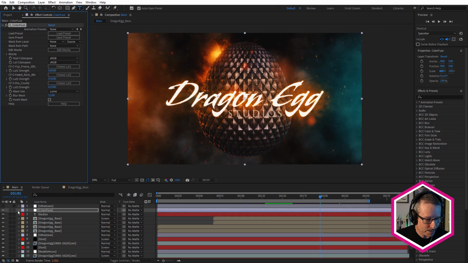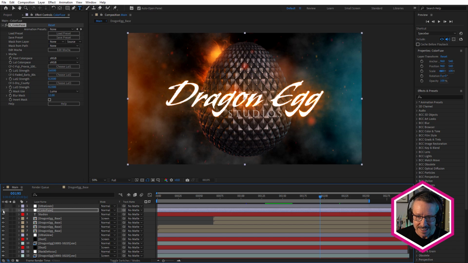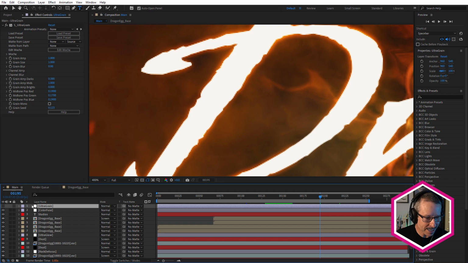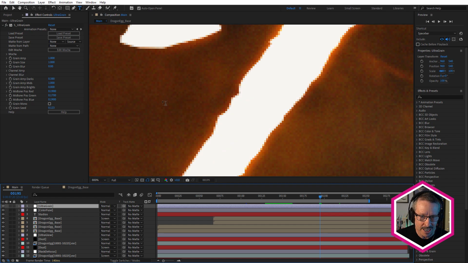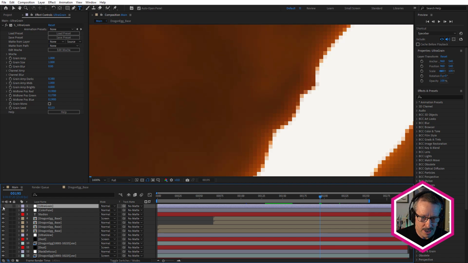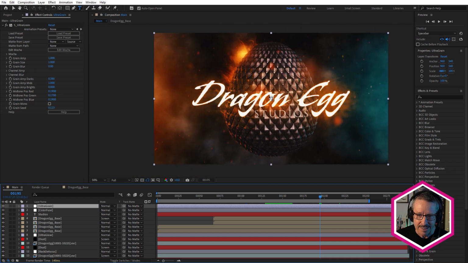So I grabbed a bit of Color Fuse there, just like that. Very nice. And a little bit of Ultra Grain just at the top. So Sapphire Ultra Grain. All I did was grab one of the fine presets and just decrease the, I think, grain amplitude. And we just add a little bit of grain. Grain's always great. You can see it there. Always great to bring looks together, because everything below the adjustment layer gets the grain, and it gives it a more filmic look. So a finished filmic look.